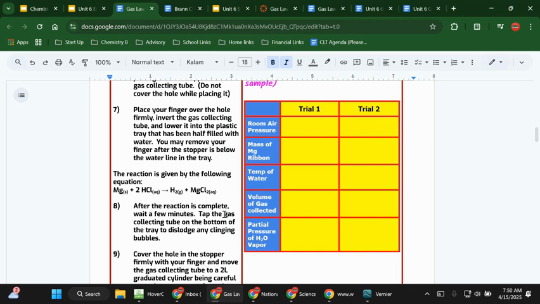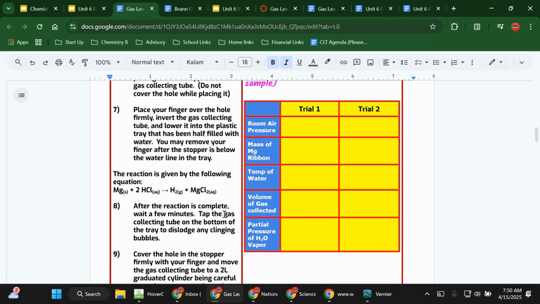So now I'm going to put my finger on the bottom of the one-hole stopper. I'm going to come over here and keep my finger on it until I get it underneath the water. Now I don't need my finger on it anymore because, again, nothing in, nothing out, sealed with the water. But I'm going to drop this down